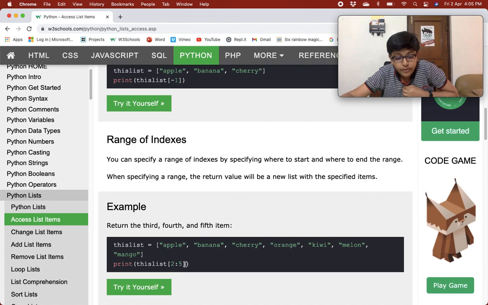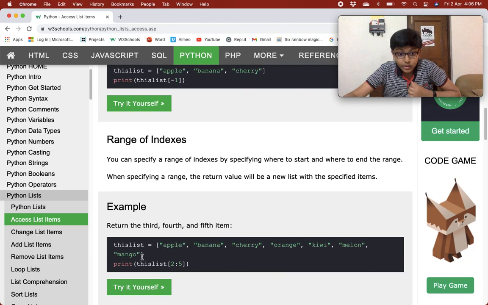So if you give 5 over here, it would take it till 4. If you give 4 over here, it would take it till 3. So it would return the third, fourth, and fifth item. So this is the third item, this is the fourth item, and this is the fifth item. Okay, so if you want melon also, then you would have to give 6 over here.